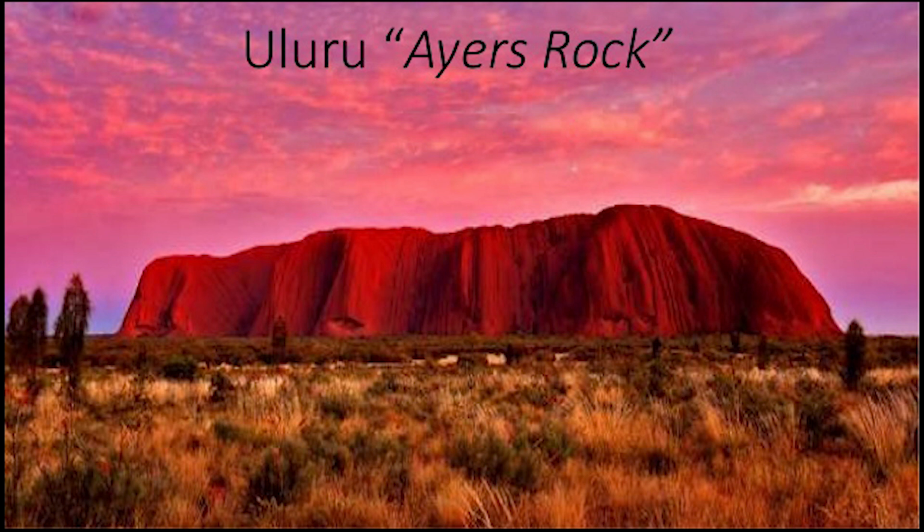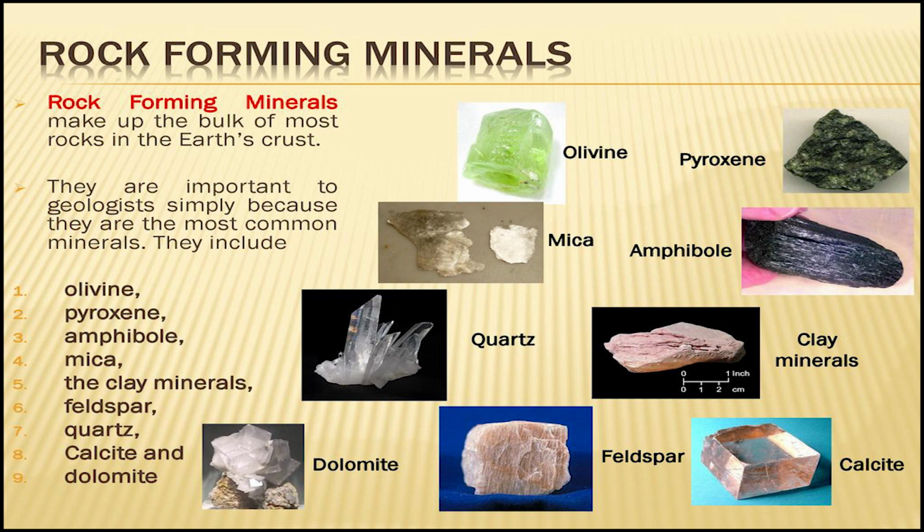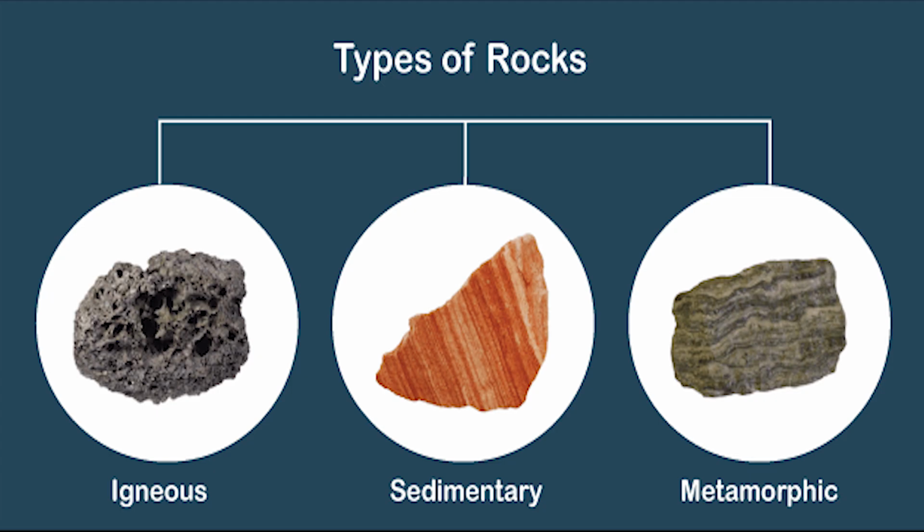Rocks are made up of different minerals. Minerals have definite chemical compositions unlike rocks. They can be made from a single element or from a combination of elements. Common minerals include quartz, feldspar, bauxite, cobalt, talc, and pyrite. Gold, copper, and silver are also minerals. Scientists classify rocks by how they were made or formed. There are three major types of rocks: igneous, sedimentary, and metamorphic. So let us see these rocks one by one.